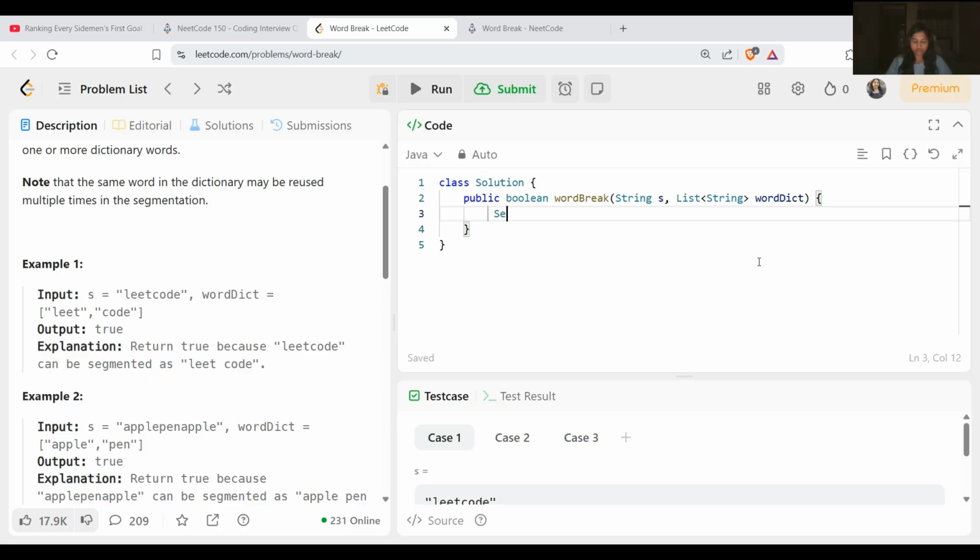So we'll have a set of string, and I'll keep the name as wordSet here, as a HashSet, and inside this we'll pass the word dictionary.